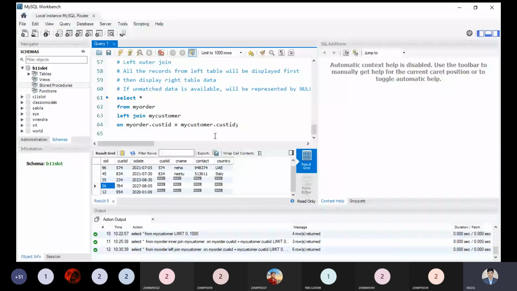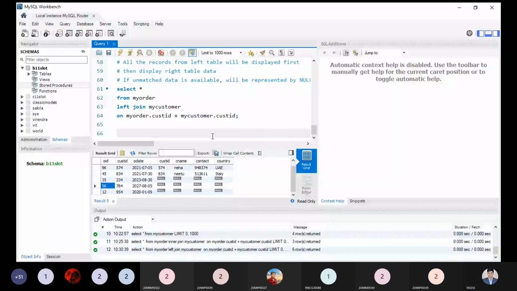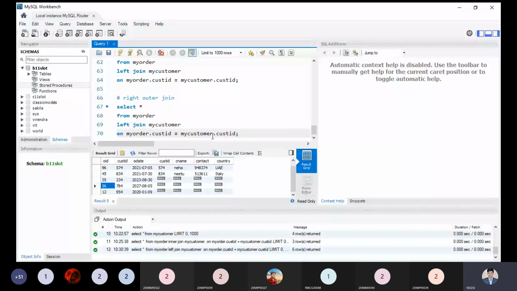So what keyword do we have to use? We have to replace the left keyword by right. So you can also use the right outer join. It's a simple thing, nothing else we have to change over here. You can use right instead of left.